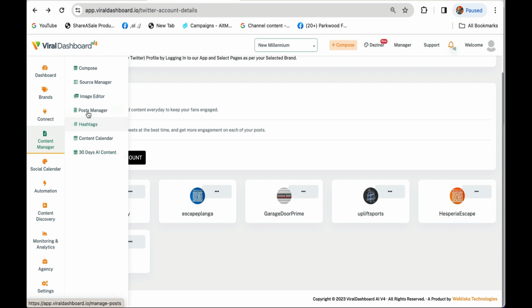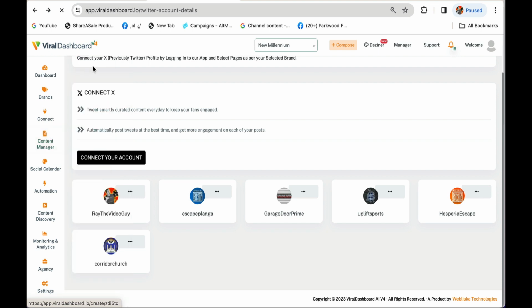That's pretty cool. And it works really well too. I've actually done that for the escape room and got a whole bunch of posts out of that just by doing that. So the way this works is very simple. So if we were to go to Compose,